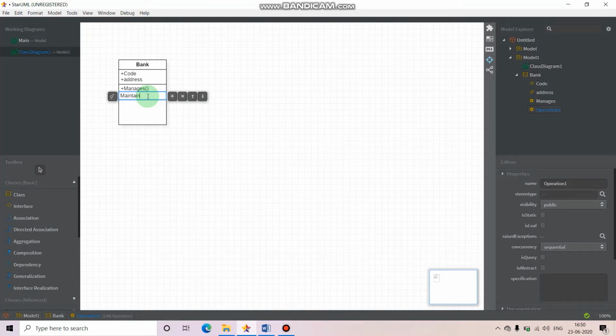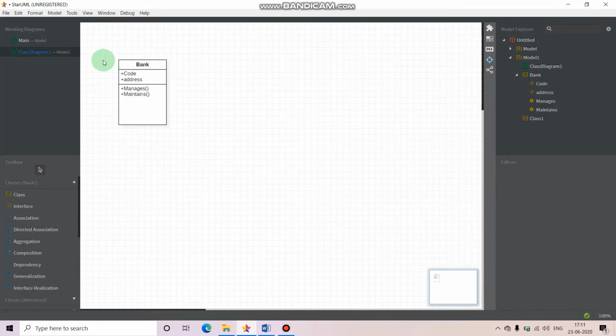And maintains multiple accounts. So see, now I have created the first class entity for the bank, because bank is very important. It is the one that plays a very important role in the ATM machine. If we have the bank, and in that bank we have an account, only then will we be able to perform the transactions on that account.